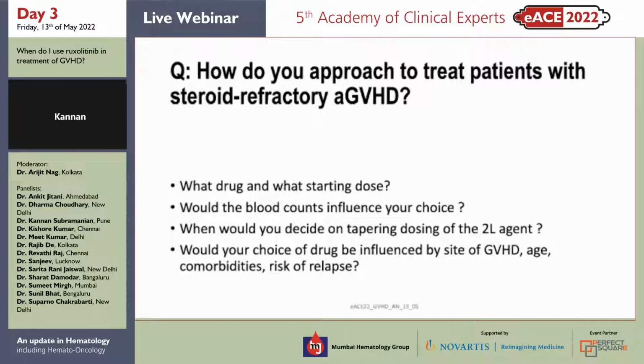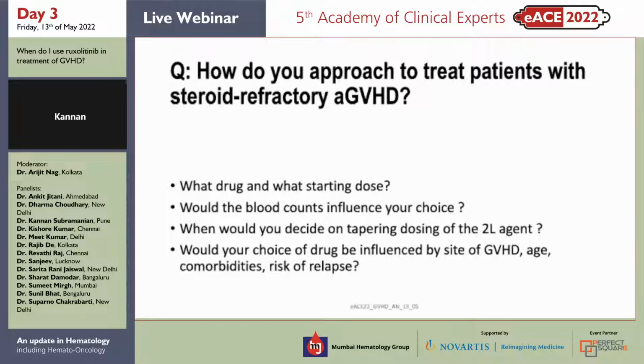And so we start at 5. If the platelet counts are high, maybe even start at 10 milligrams. And for some patients, obviously the platelets are very low, you would end up starting lower, but preferably start from 5 and then either go up or come down based on what we see and how the response of the GVHD was.